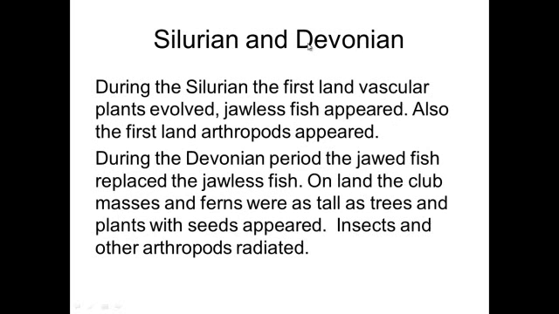That led to the Silurian and Devonian periods. During the Silurian period, you have the first land plants evolving. And we have our first jawless fish. So we have our first fish. So we're finally getting into vertebrates. Okay, before this, everything was an invertebrate. Towards the middle and end of the Silurian, you finally get your land arthropods, specifically insects appearing on land.